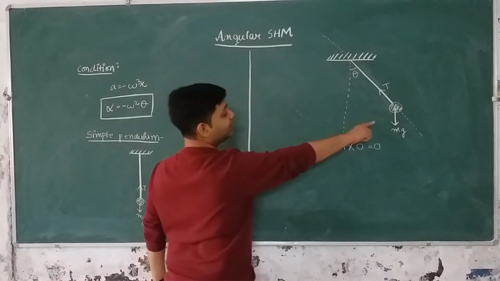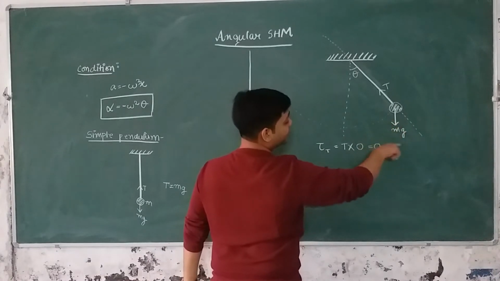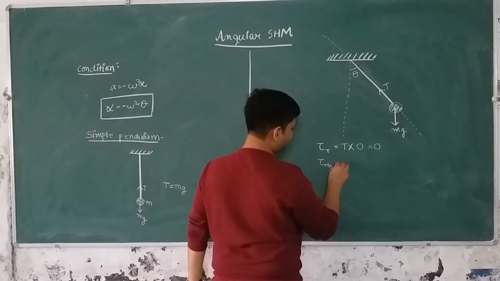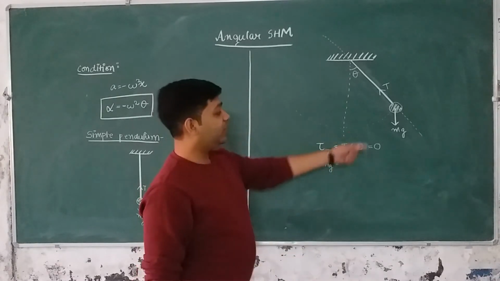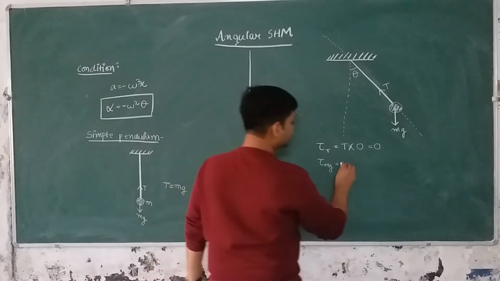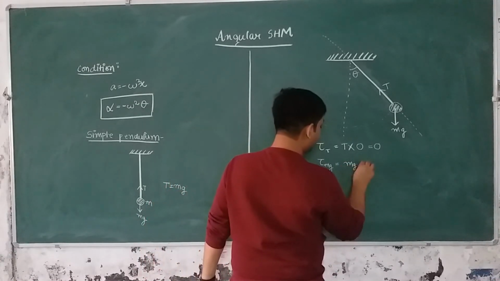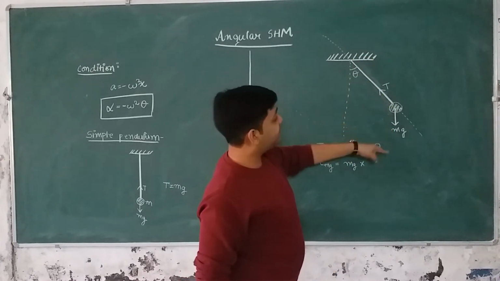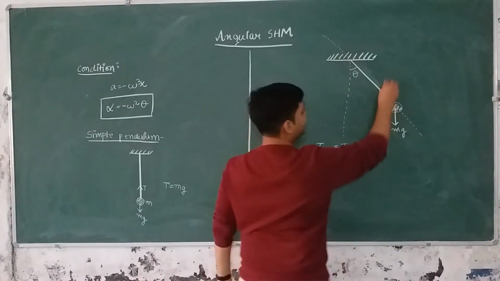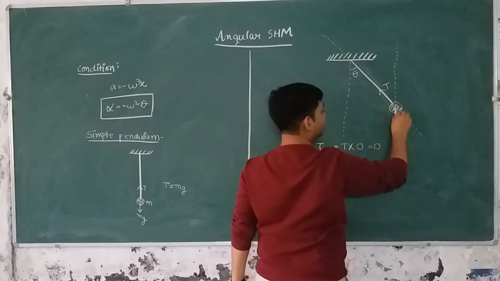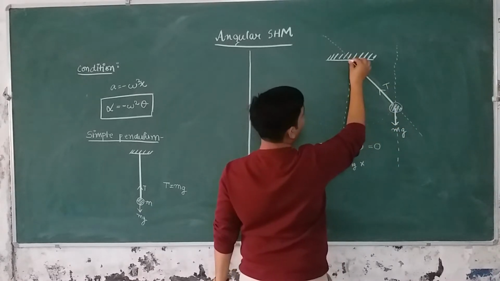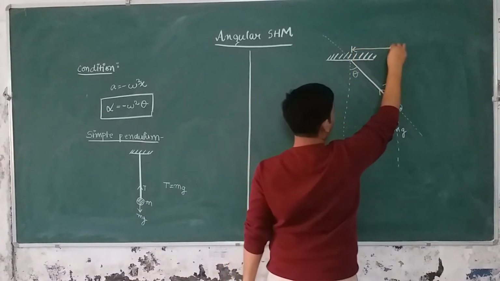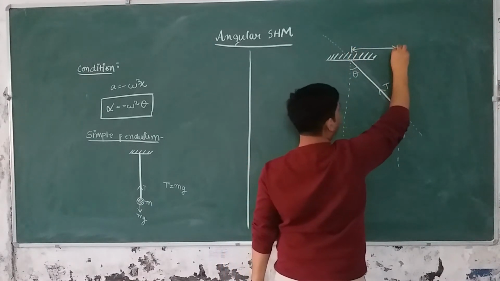And now let us see the torque due to this force mg, the gravitational force. So it will be force into perpendicular distance again. The force here is mg. And what will be the perpendicular distance between the line of action of this force and the axis of rotation? See, this is the line of action of force mg, and the axis of rotation is like this. So this distance will be the perpendicular distance between these two.